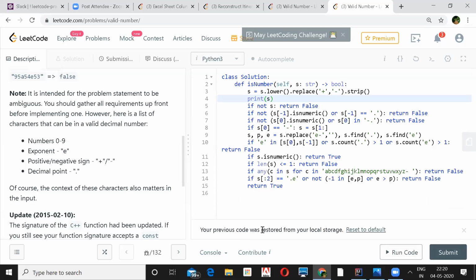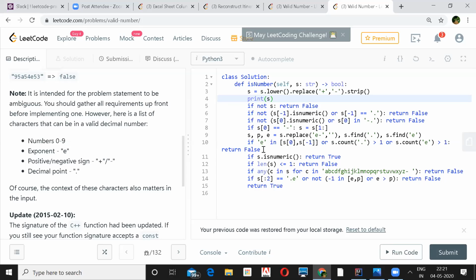Yeah. And if your first character is a minus, you ignore it, I mean, remove that minus and take the rest of the string. Every time you find this, replace it with empty. This finds where the point is in the string, and this gives you where the exponential is.